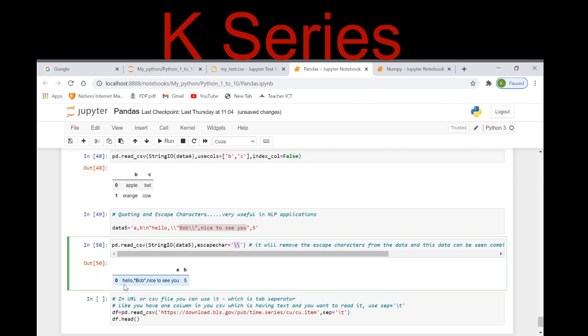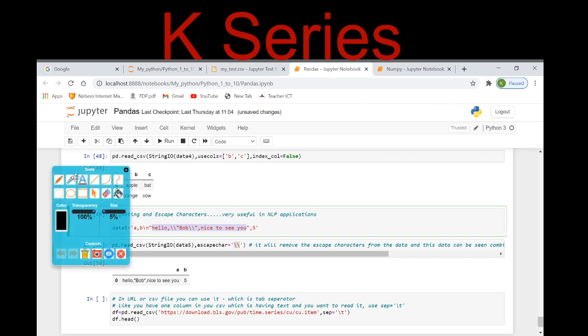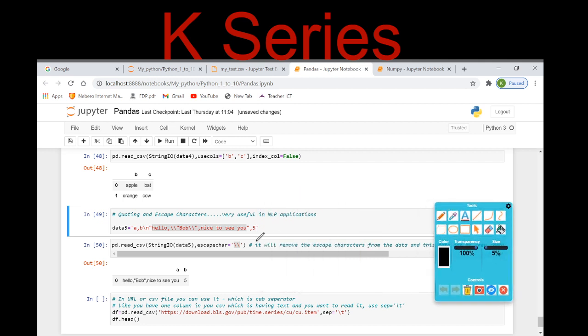See here, now in the output, hello Bob, nice to see you, and B 5. So here A's value is this entire value. Let me show you again. See here, this entire thing is the A value, and this is the B column, and its value is 5 here. Got it?